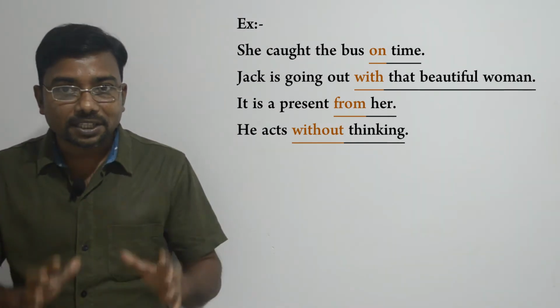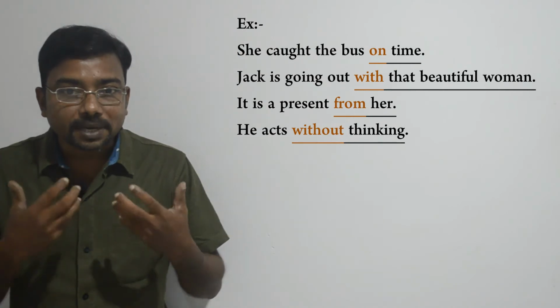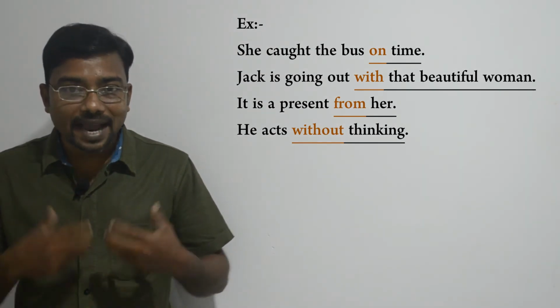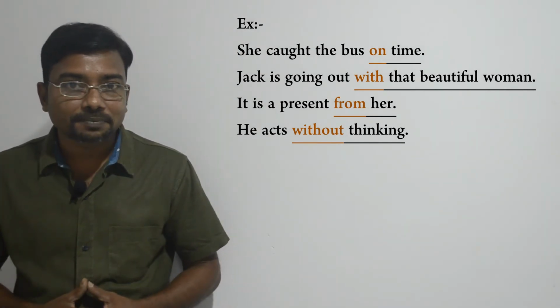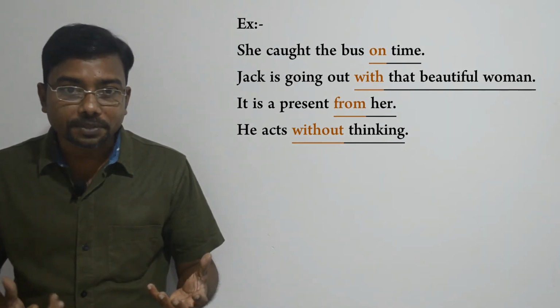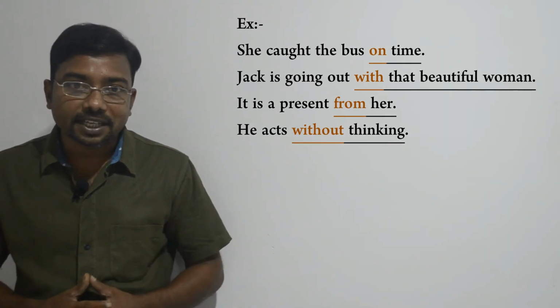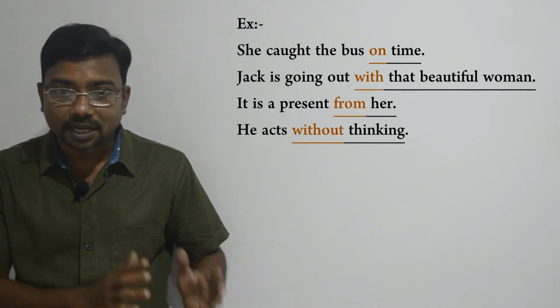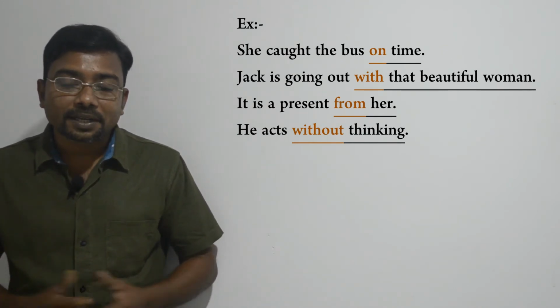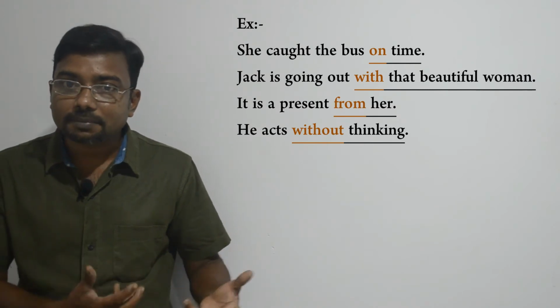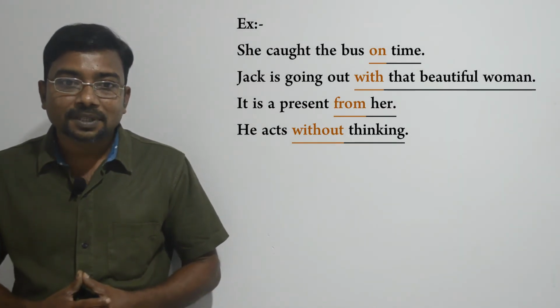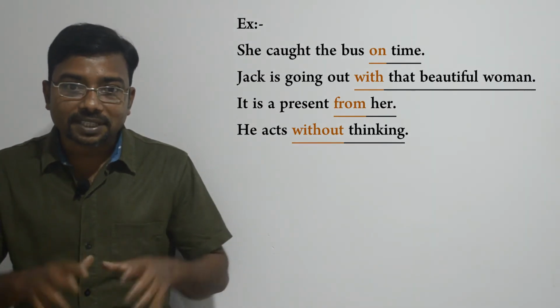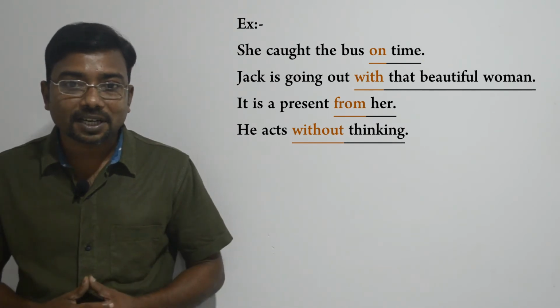Okay everyone, when you look at all these examples, it's clear that a prepositional phrase contains at least two parts. These are the preposition and the object. Sometimes we can use modifiers between the preposition and the object of the preposition to describe that object. This object can be a noun, pronoun or gerund. And we use prepositional phrases to provide extra information about the sentence.